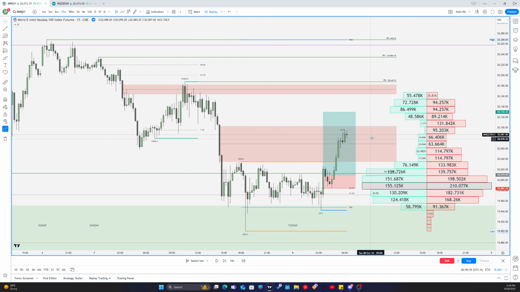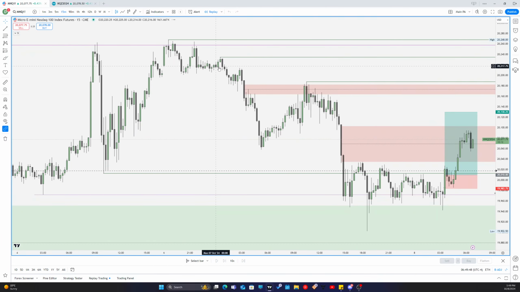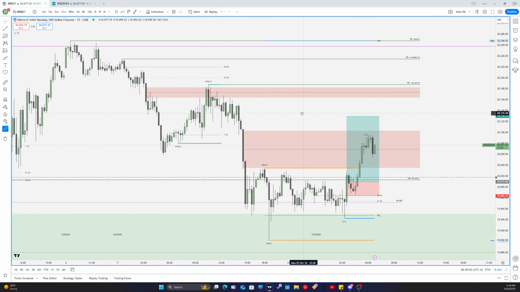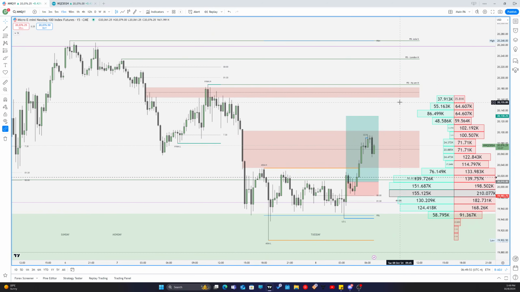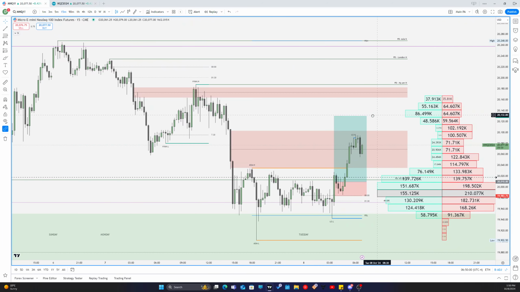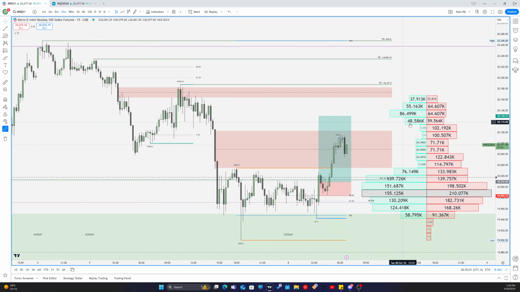So no time-based liquidity, not a good idea to look for reversals, even if you're in a fair value gap. Yeah, so current price action, where the point of control is here, and we are pre-market, pre-New York AM market. At this point in time, I already closed my trade,